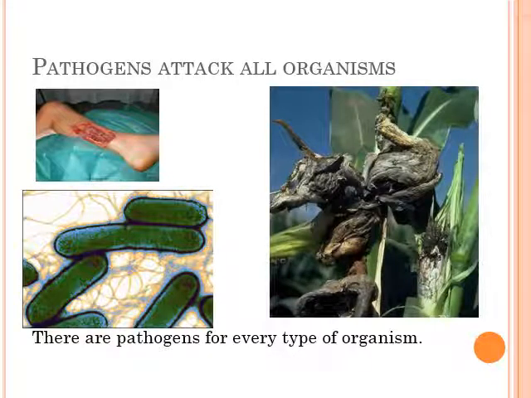Pathogens will attack every type of organism out there. If it's alive, it has a pathogen. There is nothing that we know of, no organism out there, that does not have another organism that preys on it in some way. Whether with us, with, I don't know, necrotizing fasciitis or some sort of bacterial infection, staph infections, or bacteria getting infected by another bacteriophage, or even plants getting tumors. You don't think of cancer in plants, but they get it. Everything has a pathogen.